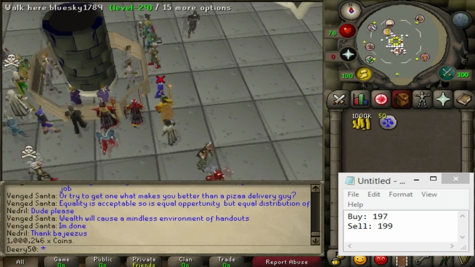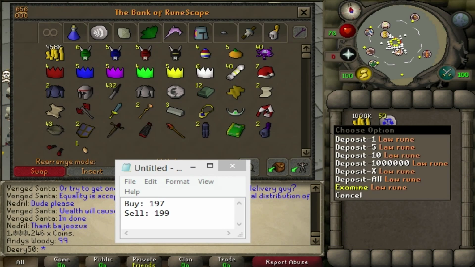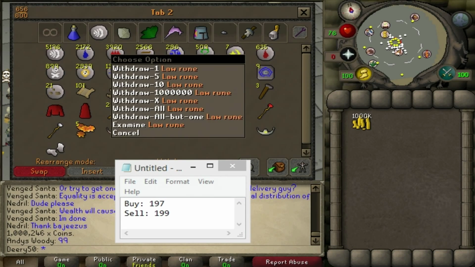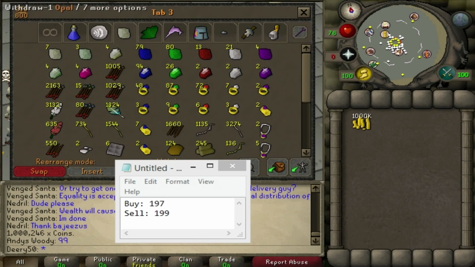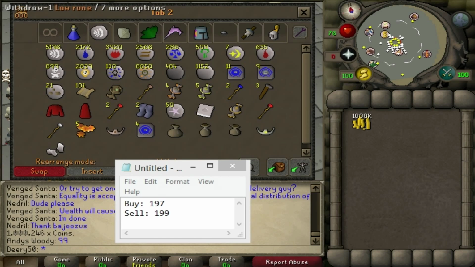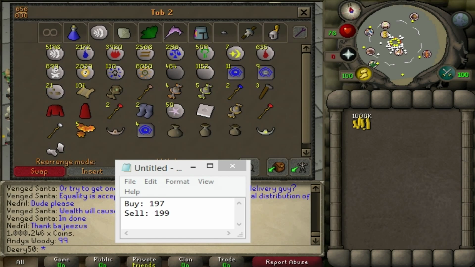So that was okay. It was an okay merchant. I got 50 Law Runes, but I think we can do better than that. I think we can get more free items off of the GE just by doing some marketing techniques. Yeah, that did increase my law rune stack by quite a bit, but let's try some other aces we have